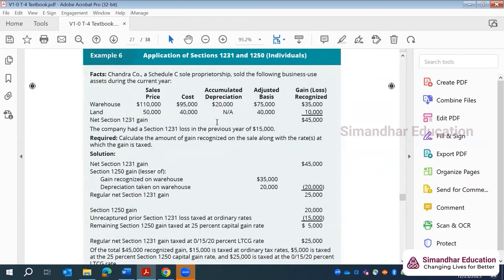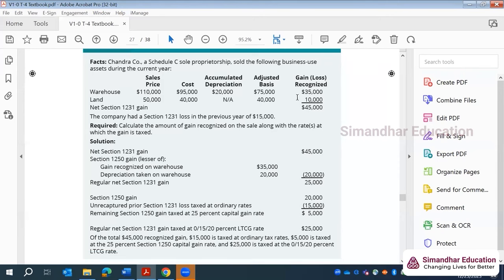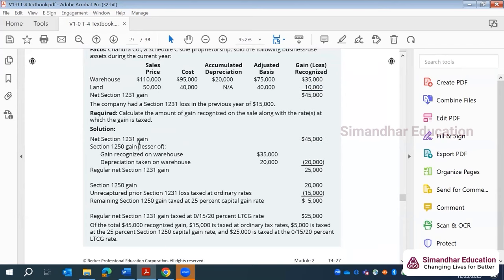So here, though we have $20,000 as section 1245, the first step that we are going to do is we are going to consider everything as section 1231 gain. So what is our total gain here? On warehouse, we had $35,000 of gain. On land, we had $10,000 of gain. So after netting all the gains, we have a gain of $45,000, which we are treating as section 1231